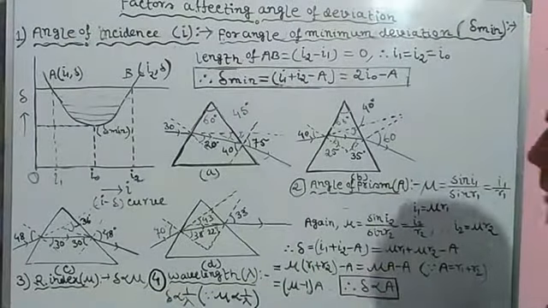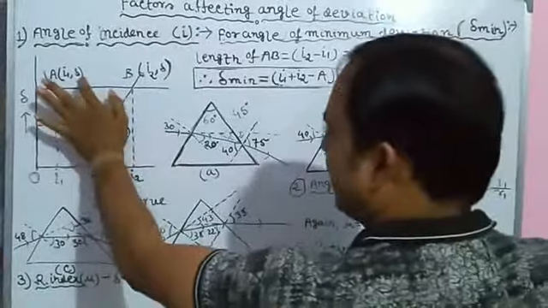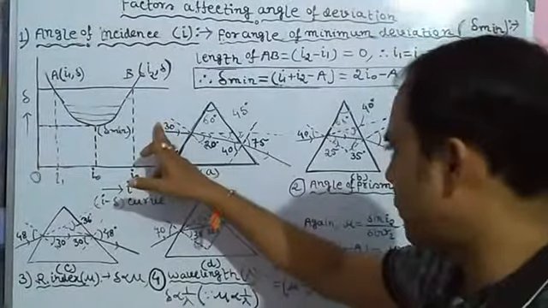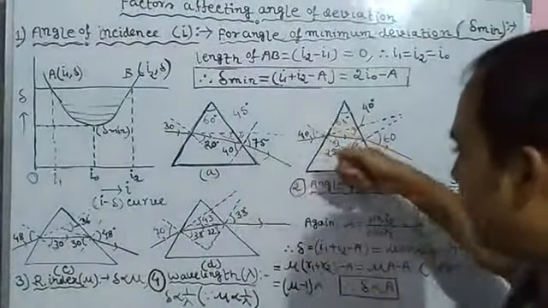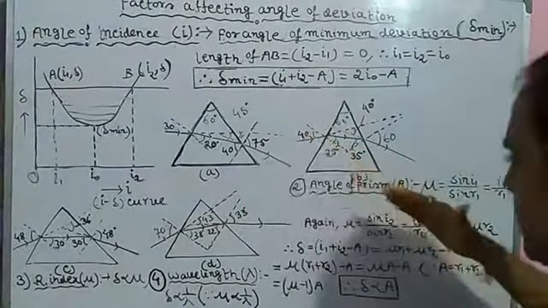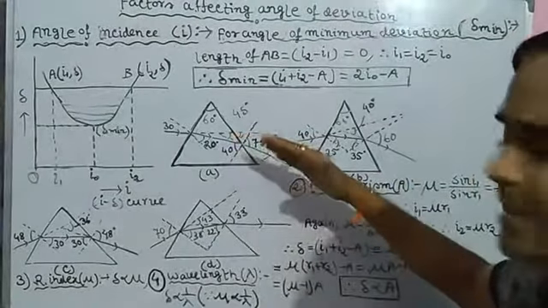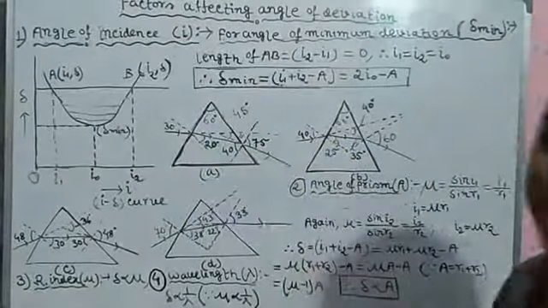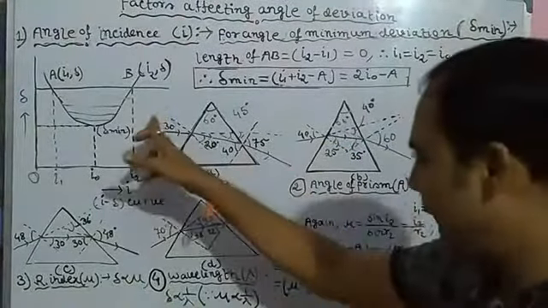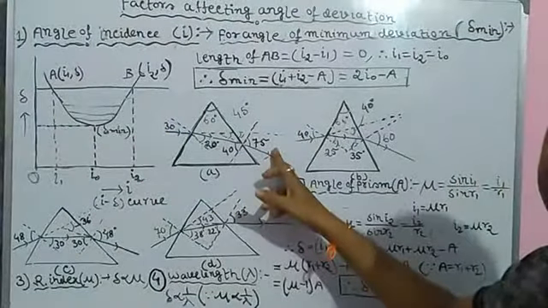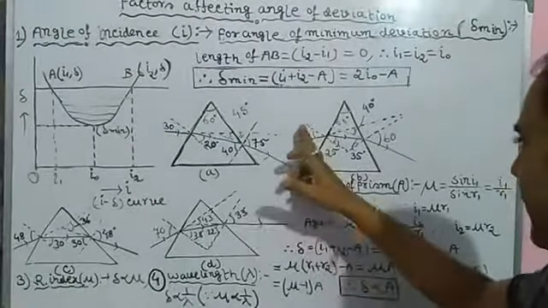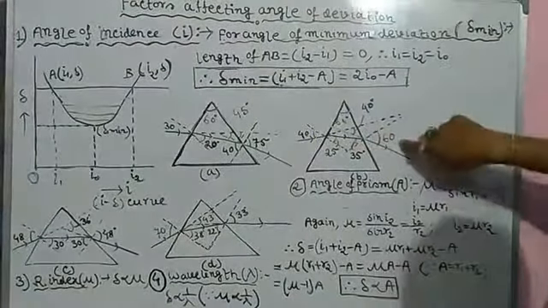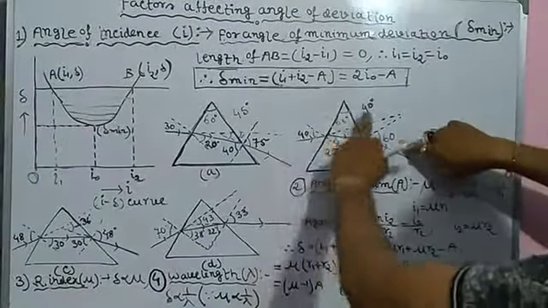And why? Due to two values of I1 and I2, deviation is same for two values. This is because of the principle of reversibility of light. I1 is equal to 30 degree, I2 is equal to 75 degree. If we flash the light, if light is incident through this direction, everything will be same. You can see in this case I1 is 75 degree, I2 will be 30 degree. Clear? So at first case I1 is 30 degree, I2 is 75 degree. Isn't it? Again here I1 is equal to 40 degree, I2 is equal to 60 degree. If light is incident through this direction, this will be I1, this will be I2. So that's why we are getting same deviation.